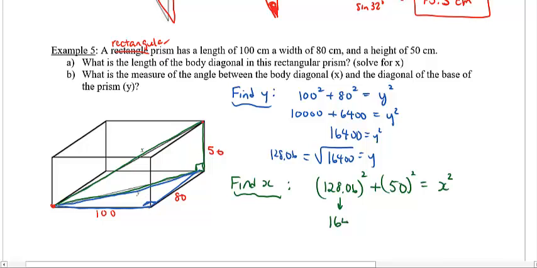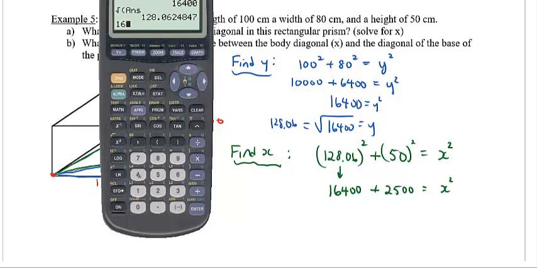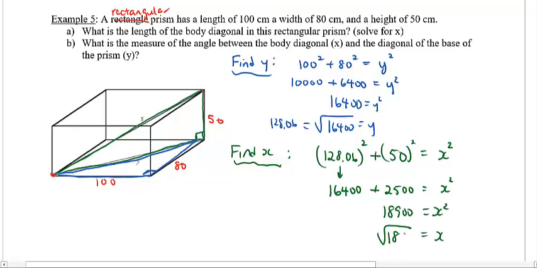So that's just 16,400. And then 50 squared is just 2,500. So we can add those together to get x squared. Big numbers. That's 18,900. So x just equals the square root of 18,900, and that's equal to